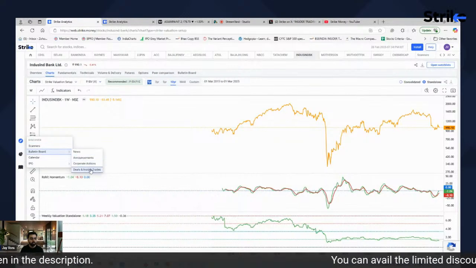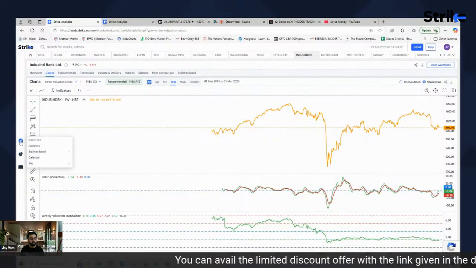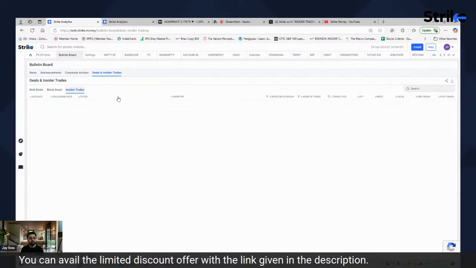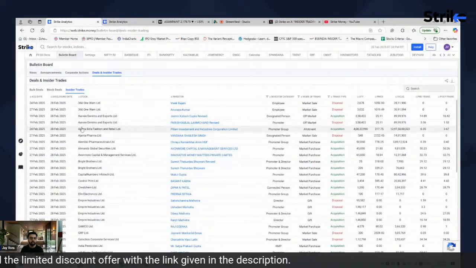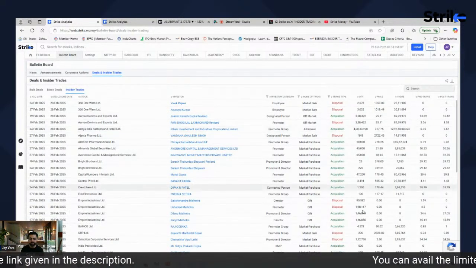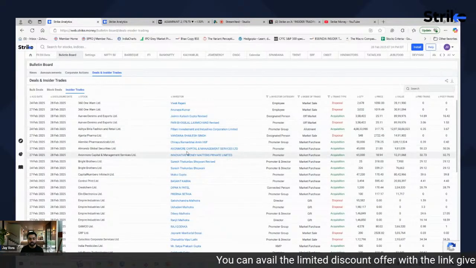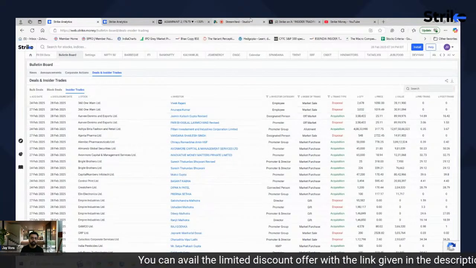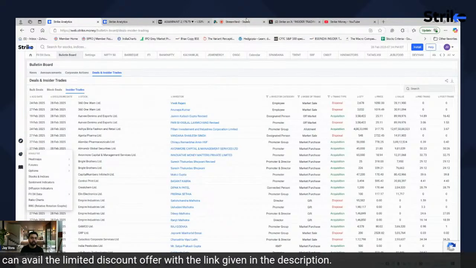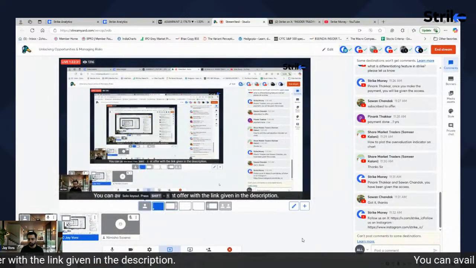And for the people who don't know, we also have it in this tool. So on the left hand side you will see all the menu. When you go to deals and insiders, and within that you go to insider trades, you will understand which are the promoters that are buying their stock or which of them are selling it. So I'm sure this will further help you to screen the stocks effectively. So there are lots and lots of features over there. Just explore it, and I'm sure you will get something which will be beneficial to you.